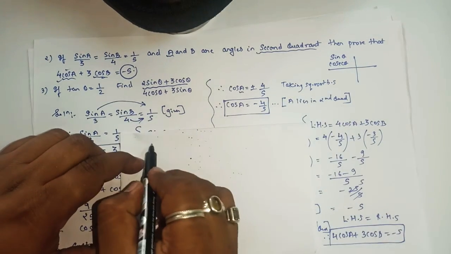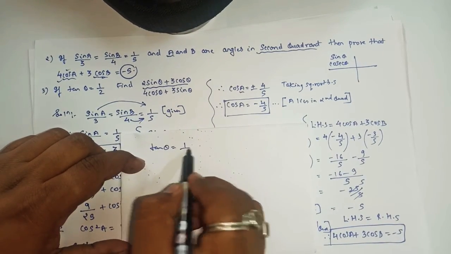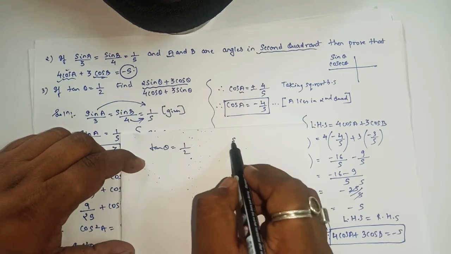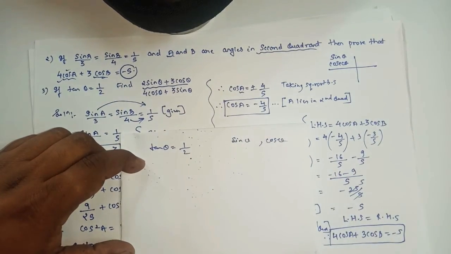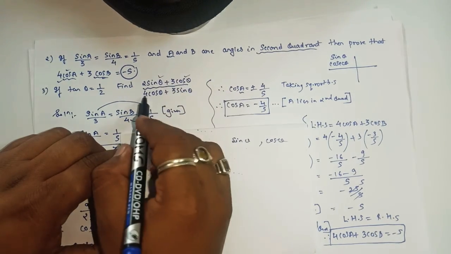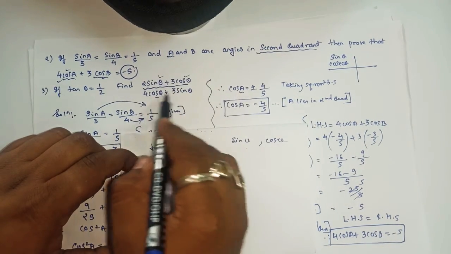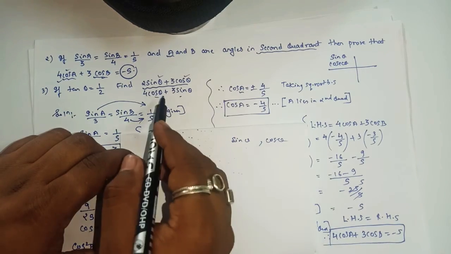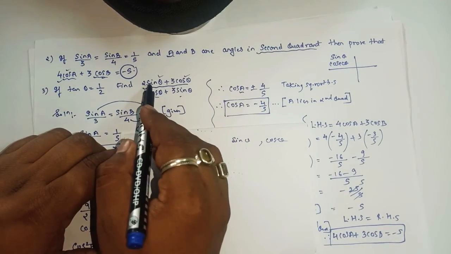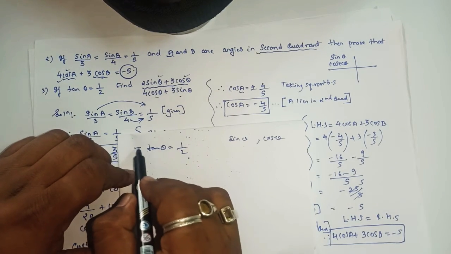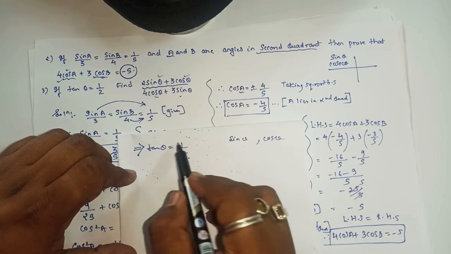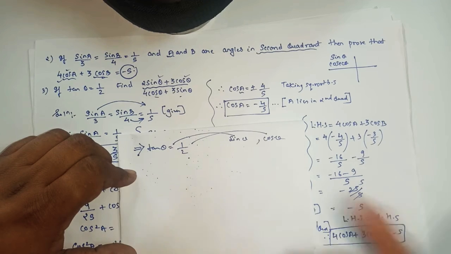As here we have the value of tan theta equal to 1 upon 2, we require sin theta, yes or no, and we require cos theta, yes or no. Simply we require sin and cos. Let it be, forget about this number. We require sin and cos. After getting the sin and cos, you will take this part, substitute the value of sin and cos, and you will get the answer. Now we'll check with the help of tan how we can find sin and cos.